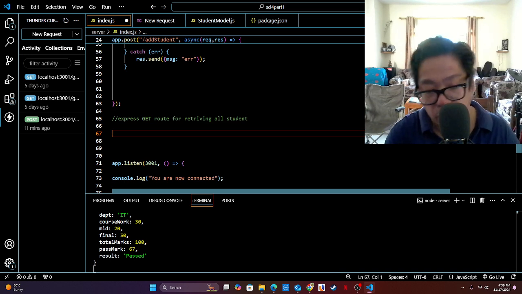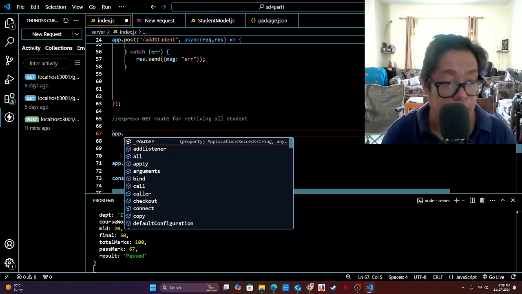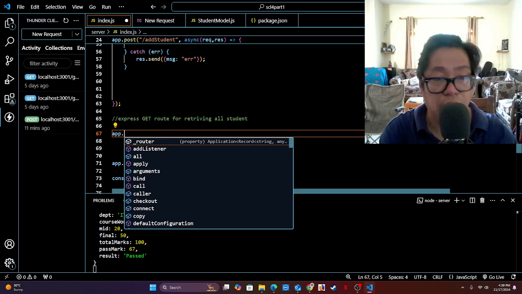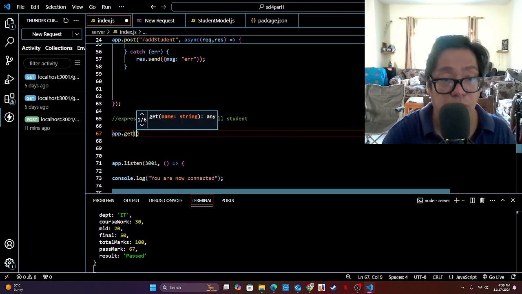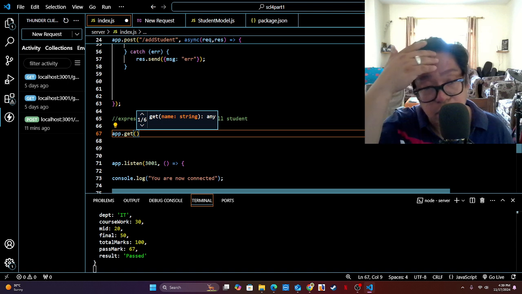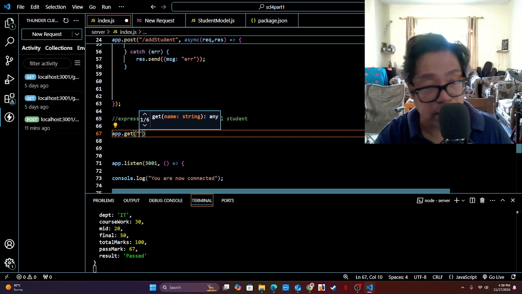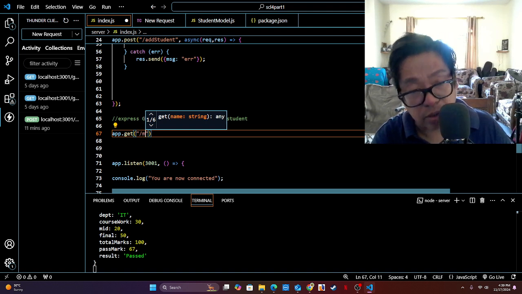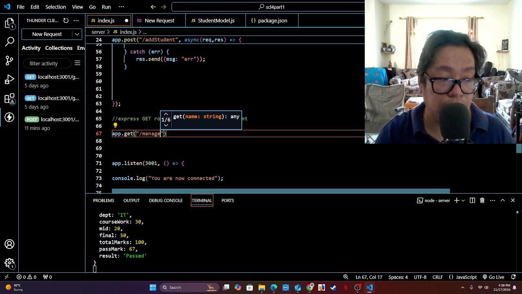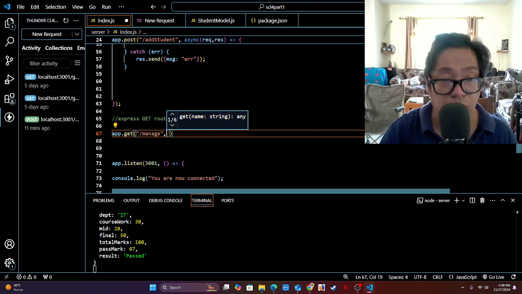So once again we are going to create app. This is our constant defined on top, and then we will now be using a get function for this, and we put the route in quotes with parentheses. Later we will use the manage component from our front end, so I'll just name this route manage, right? And later we will synchronize this one using asynchronous,